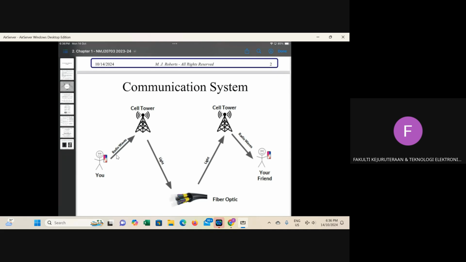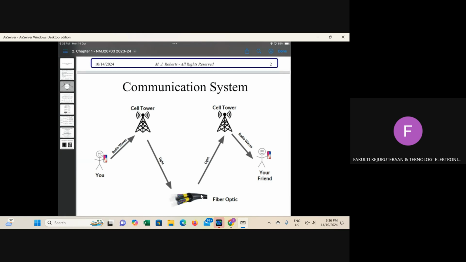So the signal here is your voice, which is transformed into radio wave, transformed into light, and then radio wave again, and then your friend can hear your voice. So that is signals. This handphone, cell tower, and fiber optics are the system. They process your voice.